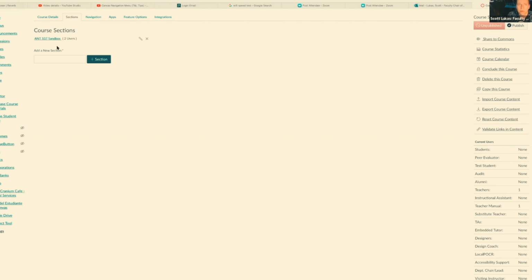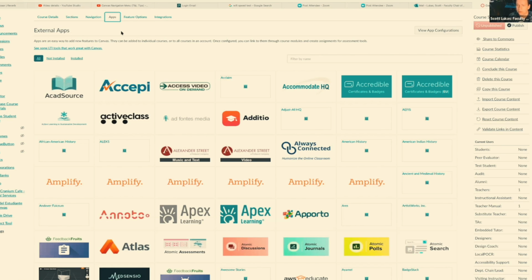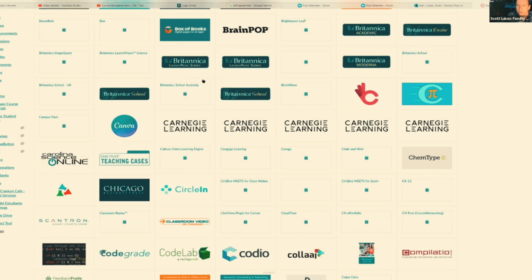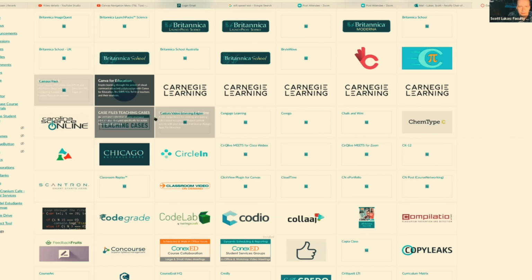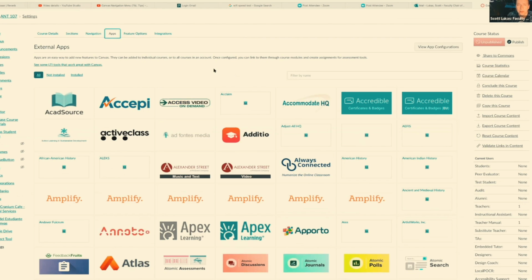Again, even though you only have one section, sometimes you may end up clicking on that just to make that change. You're not going to really get into apps. If you have apps that are specific for a publisher like Cengage or McGraw-Hill, and you don't have access to that when you click on it, you could reach out to Michael Miguel, and we can often set this at the institution level. We have to put in a few keys and numbers to make it work for the college. So most of these you probably don't need, but if you ever have one that you need, and I don't know why all these icons are not showing up today. It's kind of weird, but most of them are missing. But definitely reach out to Michael Miguel, and he could help you out with any of that.